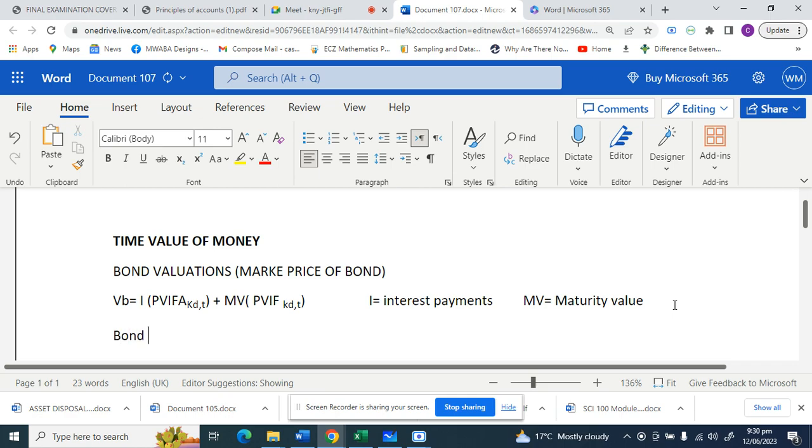Bond X has a face value of 1000. Remember, these bonds are traded in units. Just like how shares are units, even these bonds, that's how they are traded. So usually they can be units of 1000 or they can be units of 100 kwacha. The face value of 1000 and provides